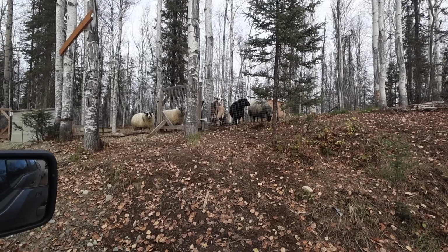Hey guys, good morning. We are at the old cabin today for a little bit. We have to feed and water the sheep and pick up another load of stuff. So we are